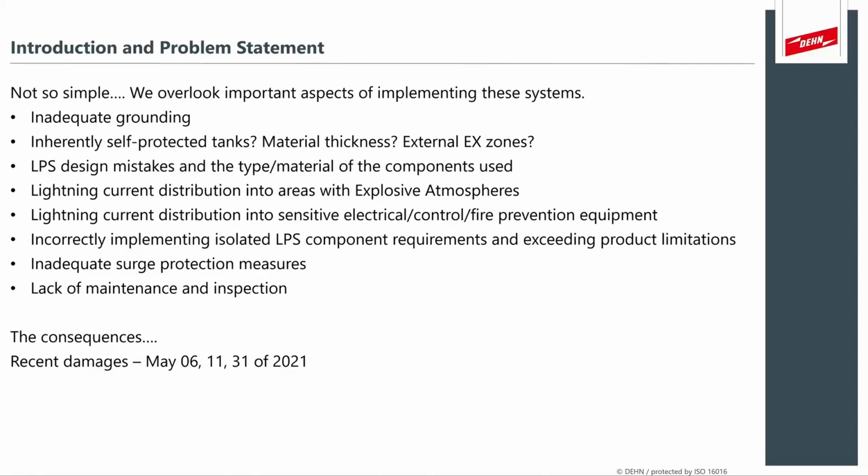in the standards incorrectly. And also, when we talk about implementing the system on a structure, we sometimes use the wrong material, not tested, not rated, or of the wrong type, like, for instance, stainless steel compared to copper, and what the temperature rise would be for these materials if they do get subjected to lightning current. Then we overlook the fact that if we have a bonded or a tank system in explosive atmospheres,